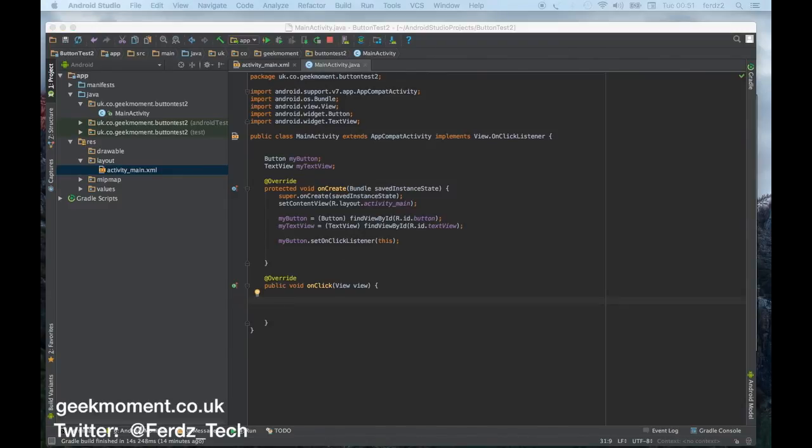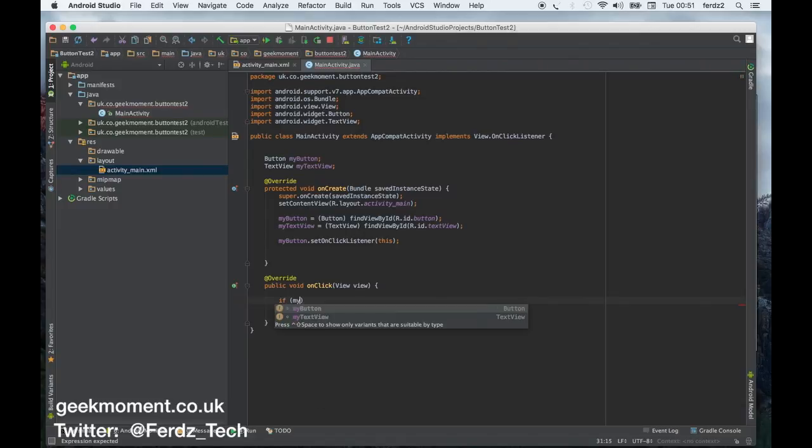So now I will say if my button dot get the ID of my button, which will probably be an integer, compare that to the view which is passed here dot getId. So now you're comparing two integers really. To set my text view here,